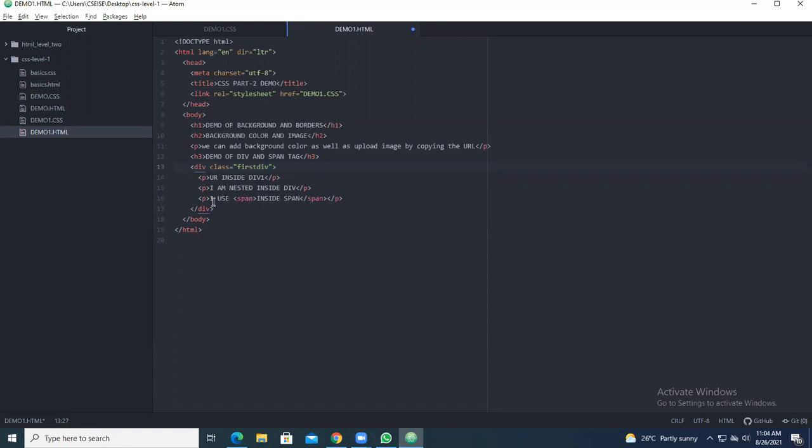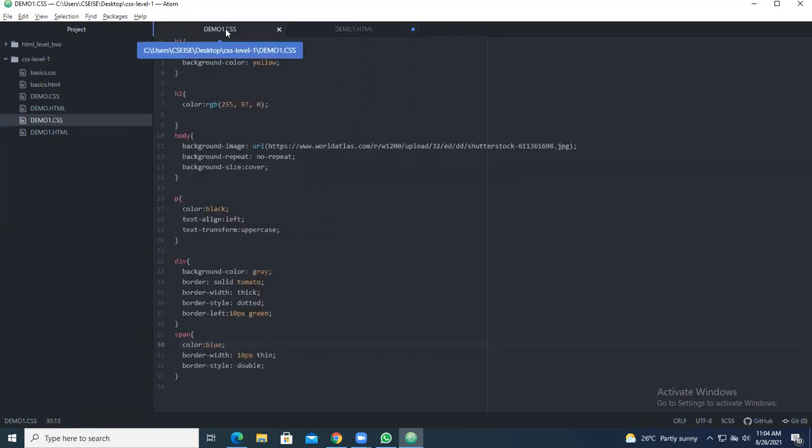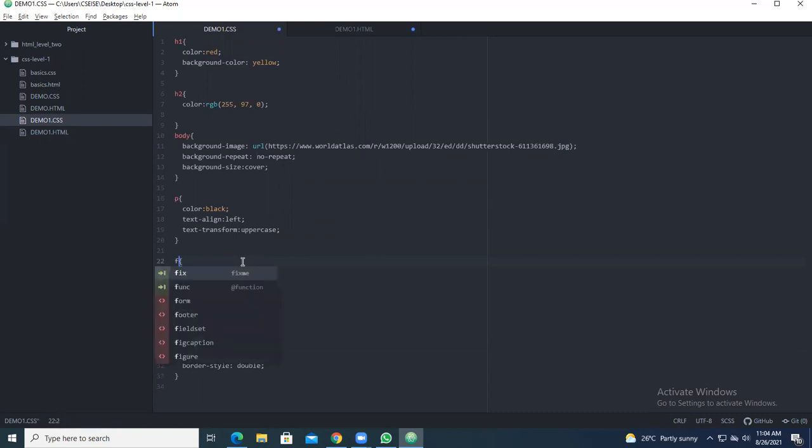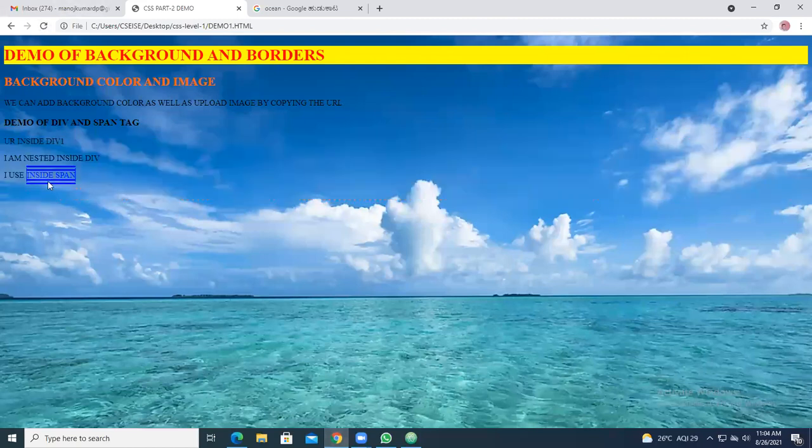Now if I want to give the style for this in the CSS file, what should I give? Here I have taken div class is equal to first div. In the CSS I have taken only the div, I have not taken the class name. Suppose I give the class name like first div, give the contents first div and run it. Are you applying any styles here?